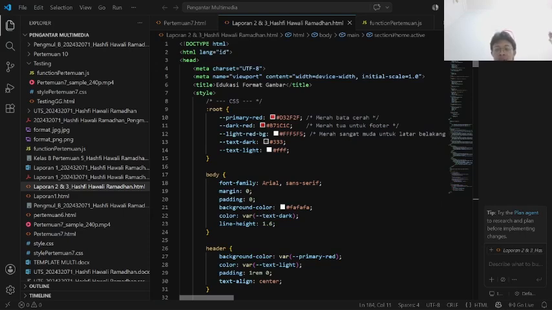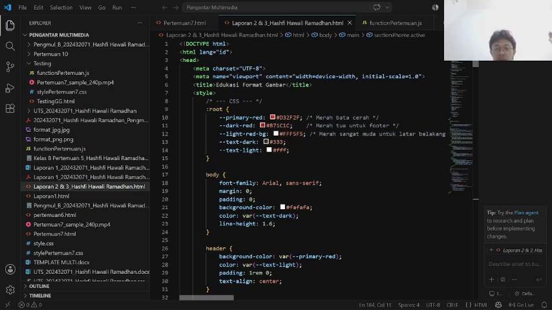Here, as a note, I designed the CSS layout with a distinct dominant red theme. To keep my code clean and maintainable, I define CSS custom properties or variables inside the root pseudo class.